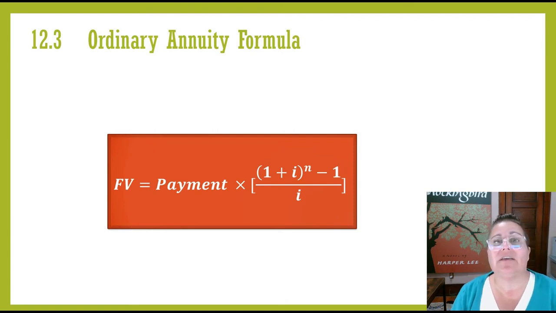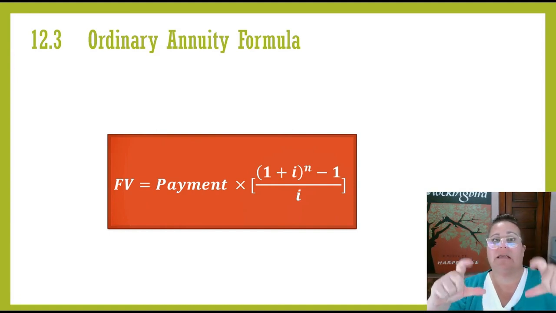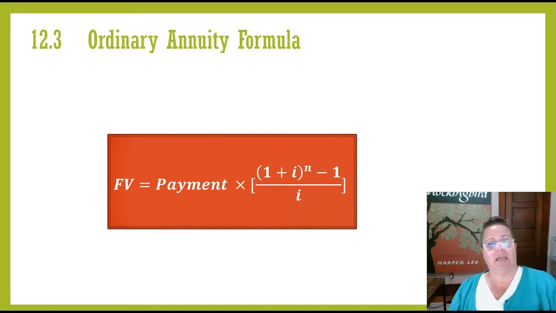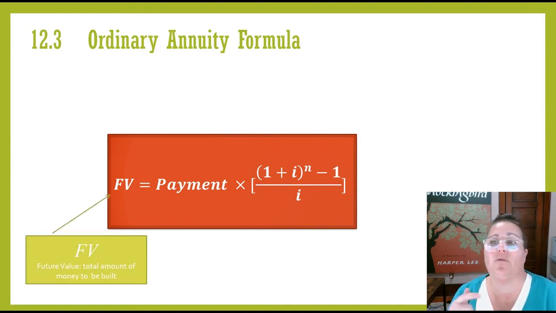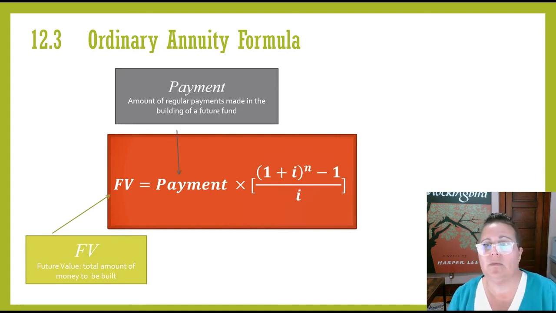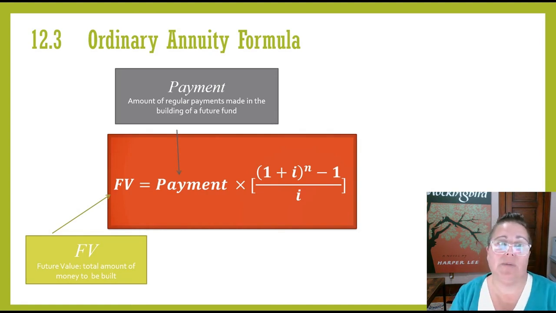All right. So the ordinary annuity formula looks like this. It says that the future value is equal to the payment times, and then big parentheses. In the numerator, you have 1 plus I to the nth minus 1. And then in the denominator, you have an I again. All of the parts here are very similar. The FV stands for future value. This is the total amount of money that you're trying to build to. The payment is the regular payment amount. You know this amount. When you use the ordinary annuity formula, you know the amount of payment. You know how much you have to put away each month,